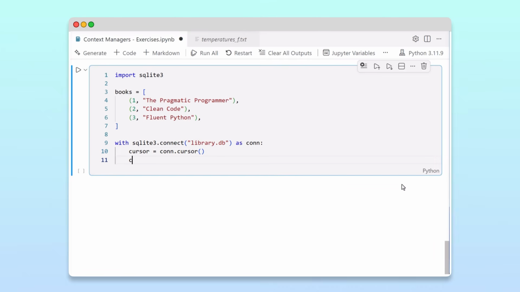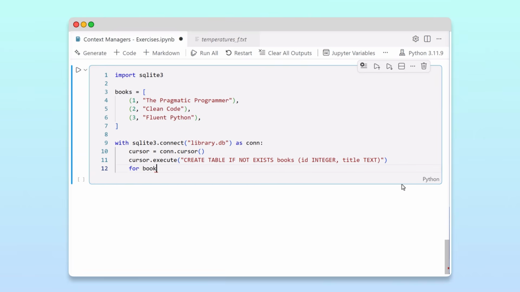First, we use cursor.execute to create the books table. CREATE TABLE IF NOT EXISTS books, followed by the 2 columns, id INTEGER and title TEXT. The IF NOT EXISTS part means the code won't throw an error if the table already exists, so we can safely rerun the cell. After creating the table, we loop through our list of books and insert each one using another